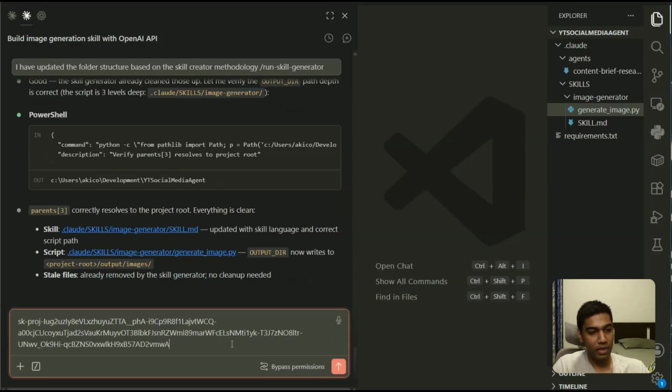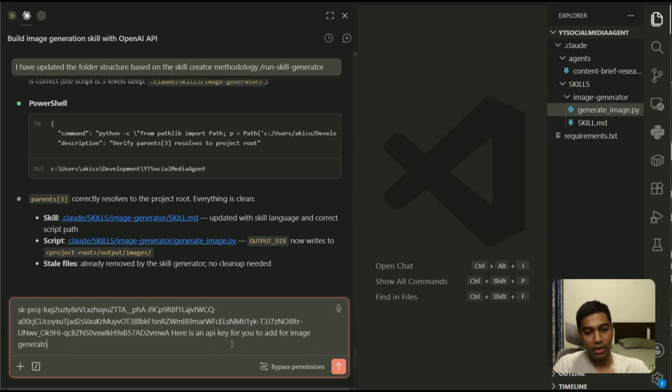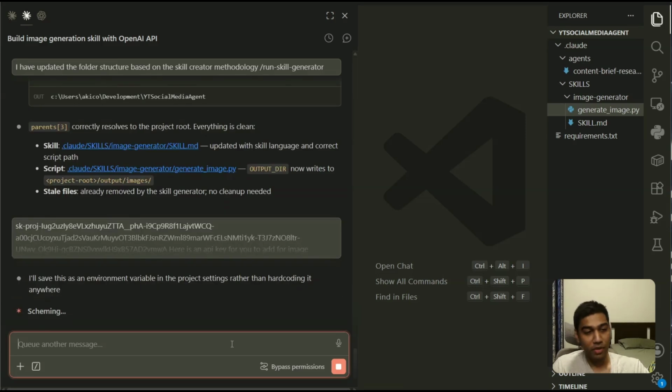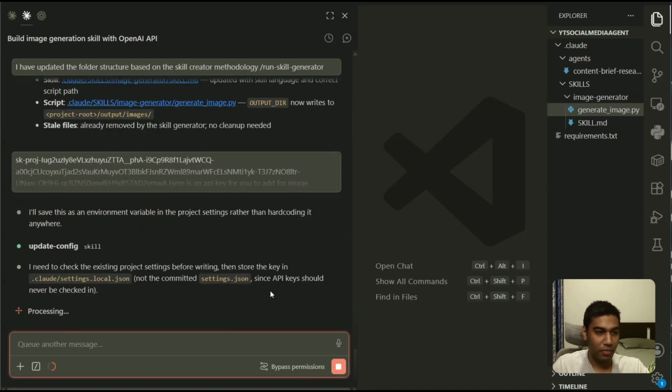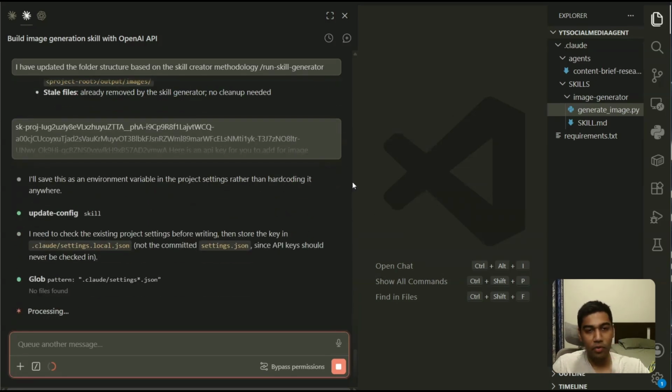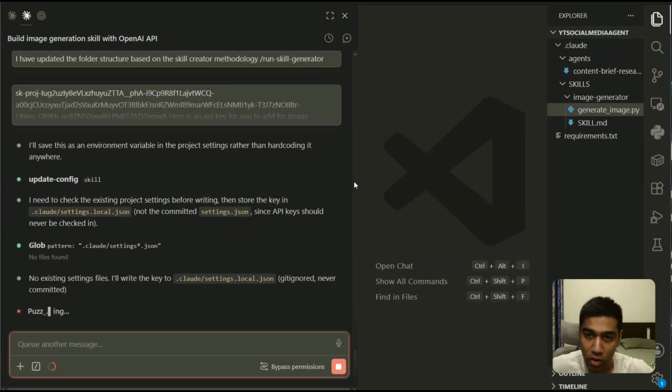I'm going to give the key to Claude and say here is an API key for you to add for image generation. Now again, this is not a best practice to give your API key directly to Claude, but I am okay to let it go ahead and actually update it as a variable. So it will start going ahead and doing what is needed, and you're pretty much good to go with the